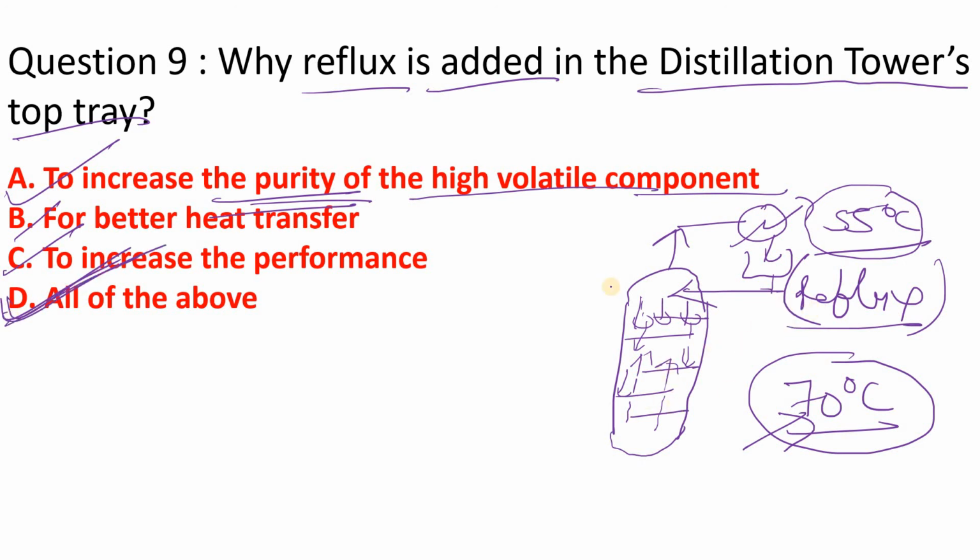Ultimately what is happening is that suppose you are providing your feed from here. There may also be multi feed, but here we are simply considering we are providing the feed from here. Now when we provide the reflux, it boils earlier because this is our more volatile component, and when it comes in contact with the liquid, it boils that liquid as well, at a lower temperature. So our energy saving is also increasing. That's why the performance will definitely increase.